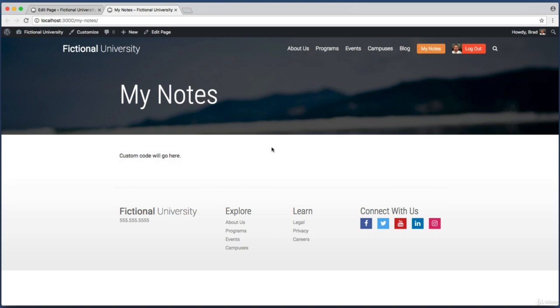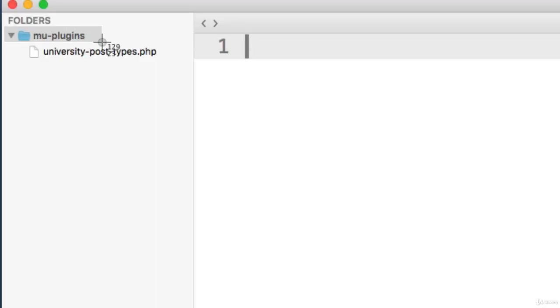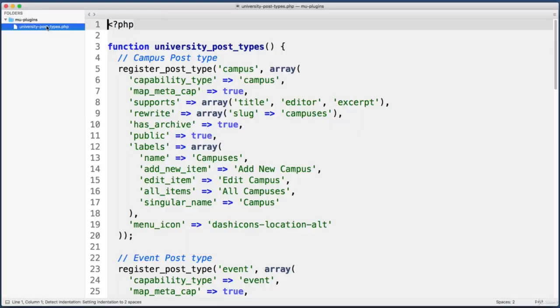Well, we want to save them into the WordPress database, so why don't we just create a new custom post type and name it Note? So we've been through this before. We know exactly how to create a new custom post type. Jump over to your text editor, and instead of your theme folder, look within your must use or MU plugins folder. And within this file, where we've registered all of our other custom post types, why don't we scroll down